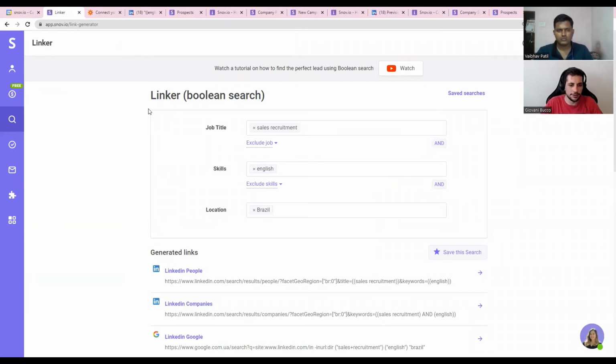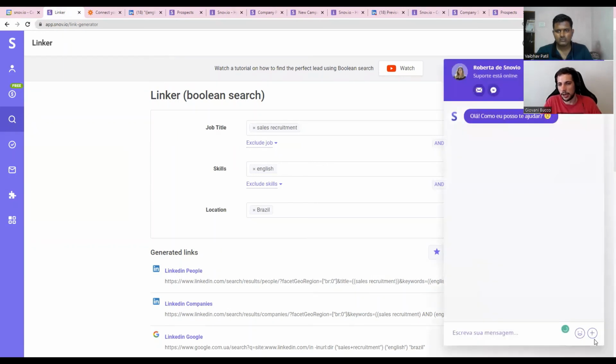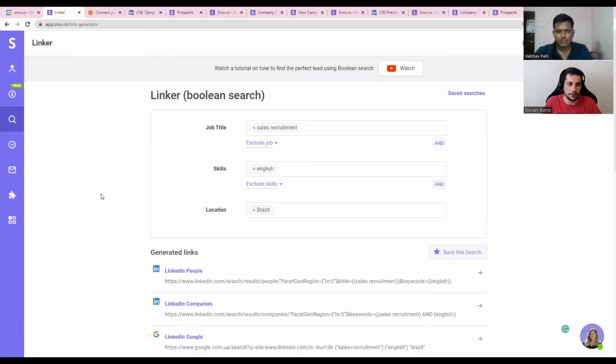We have a bunch of tools always and a bunch of updates almost daily. And if you feel that you didn't find what you wanted here, please reach out to our customer care team. Your feedback is very important to us. We usually create what users ask. So we have over 1.4 million users worldwide, a bunch of people from India actually, and we like to create new things.